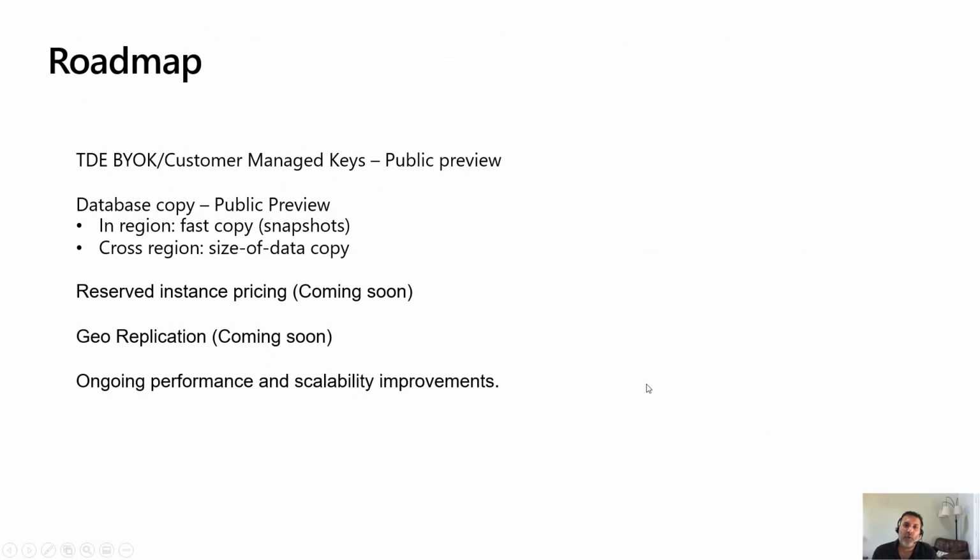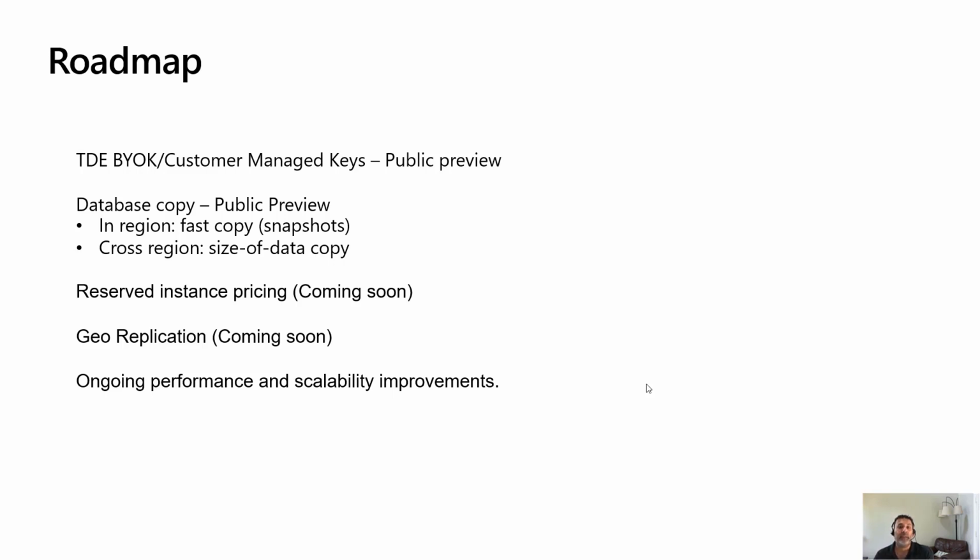Last but not the least, we have the roadmap. We currently have TDE BYOK, or bring your own key, or customer managed keys, in public preview. We have database copy, which was lacking from a feature parity perspective, in public preview. When it comes to database copy, there are two types of copies. There's the in-region copy. Those are a fast copy because they are copied from the snapshot. Then there is the cross-region copy, which is a size of data copy because snapshots cannot span storage accounts or